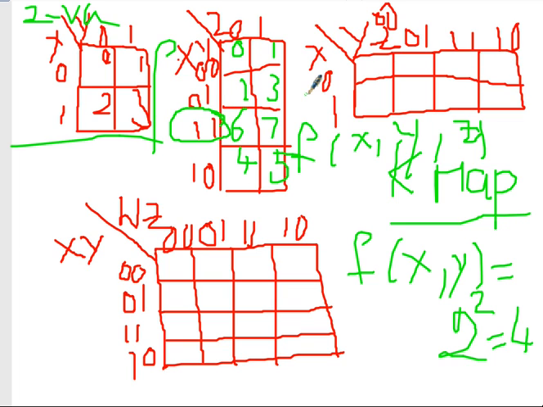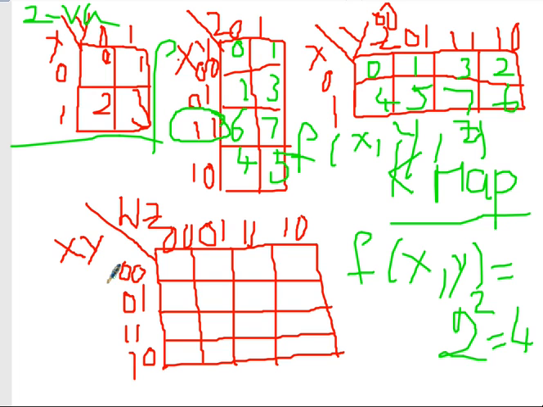Now the other arrangement: x is 0, 1 and yz is 0, 0, 0, 1, 1, 1, 1, 0. So all zeros, this is 0. This is 0, 0, 1, which is 1. This will be 2, this will be 3, this is 4, this is 5, and this will be 6 and 7. The positions only will change. You can write it like this or this.